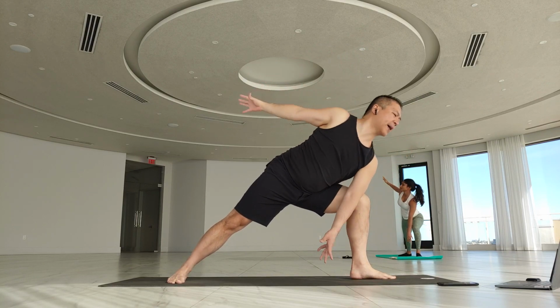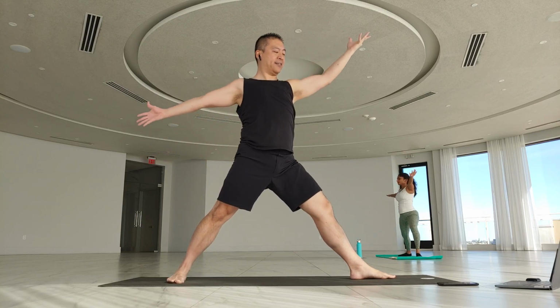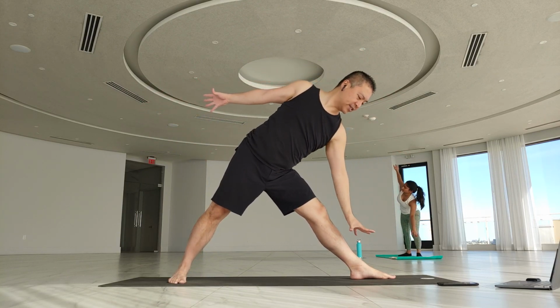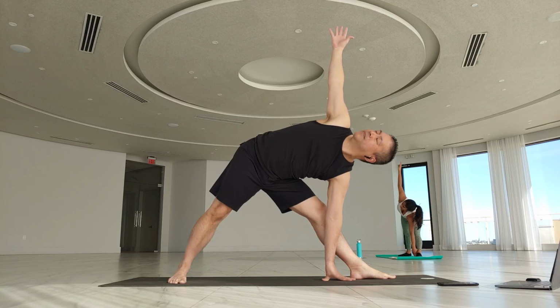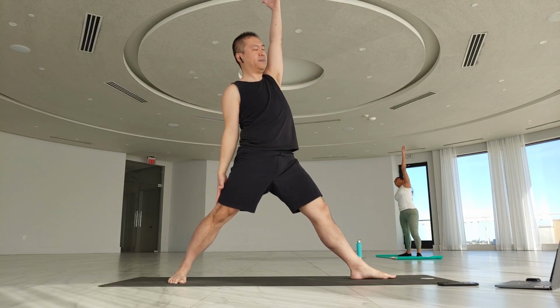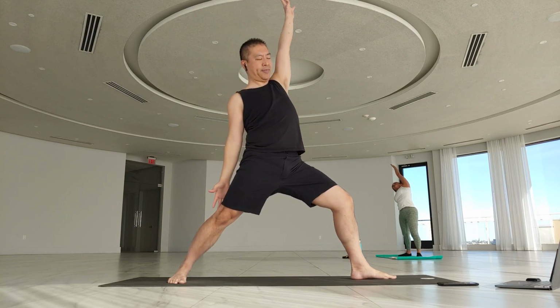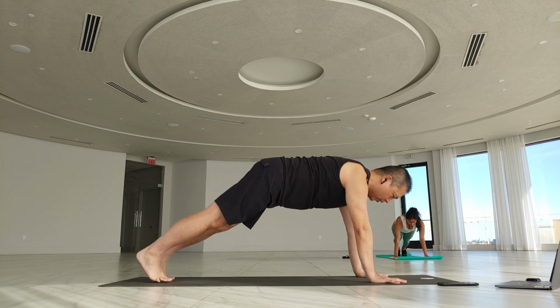Inhale, come all the way back up, reverse warrior. Triangle, lengthening out the left leg, left hand to top of the shin or to the floor, right arm up. Take it all the way back up, reverse triangle. Bend the front knee, hands to the floor, left foot back plank, and then lower all the way down to